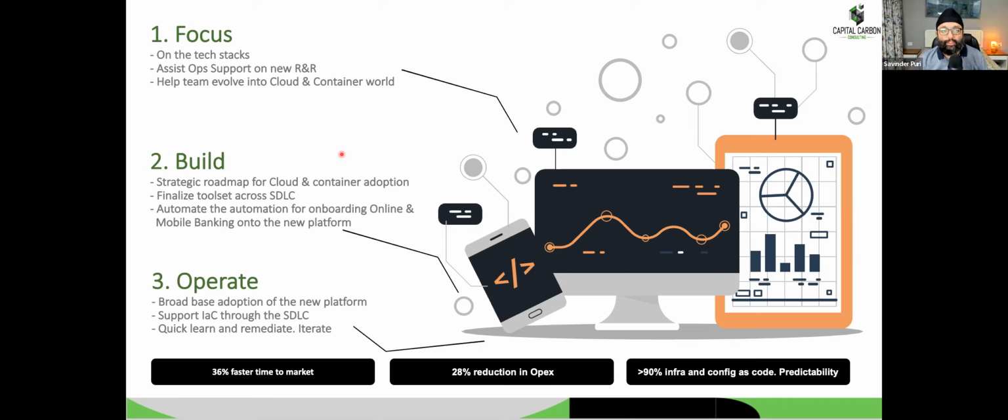Also finalize the tool set across the SDLC, because the tools in the container and the cloud world are different. Then automate the automation for onboarding online and mobile banking onto the new platform. Because as these teams start moving onto these new platforms, they have to be onboarded rather fast, ideally even in a self-service mode. And then the third, operate, was to broad-base adoption of the new container and the cloud platform,